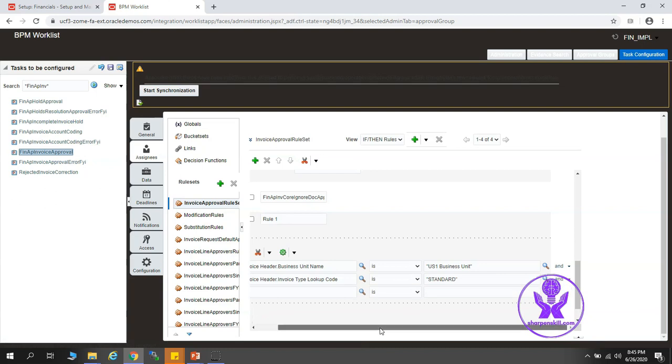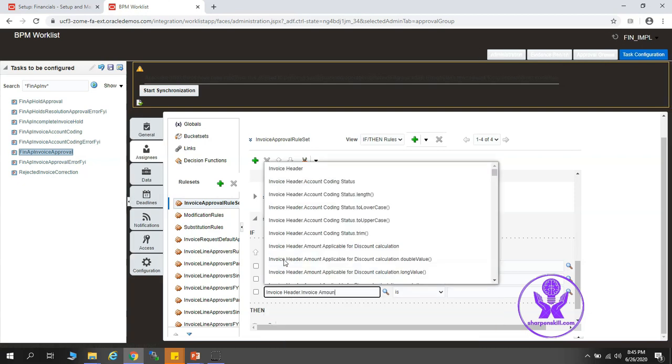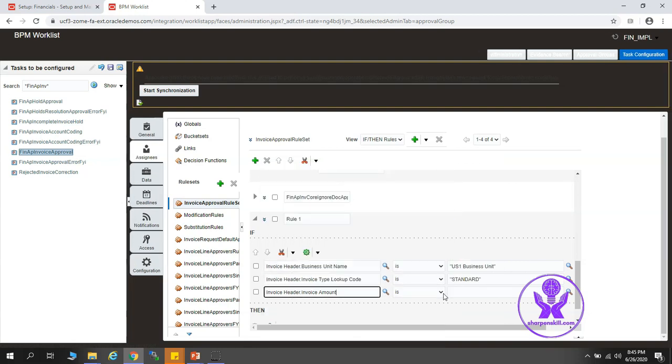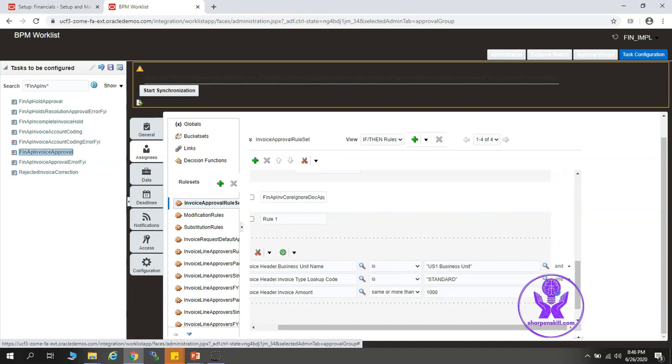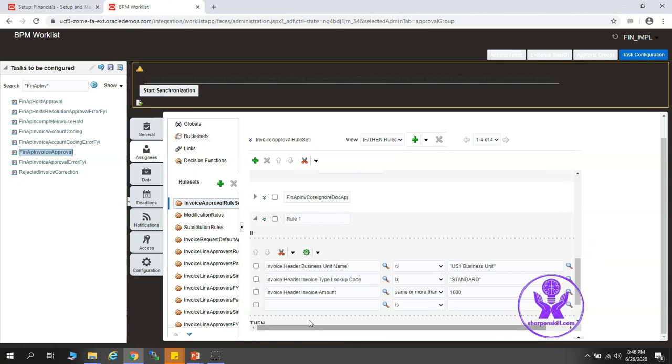Simple test, invoice header dot invoice amount. Here it is. Same or more than 1,000, and another condition is less than 5,000, right?